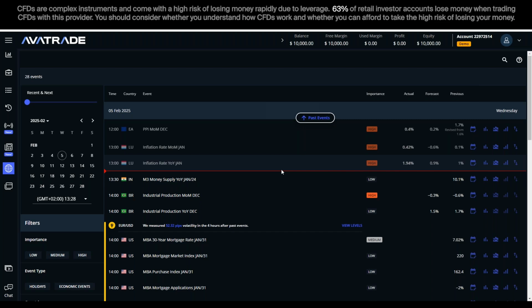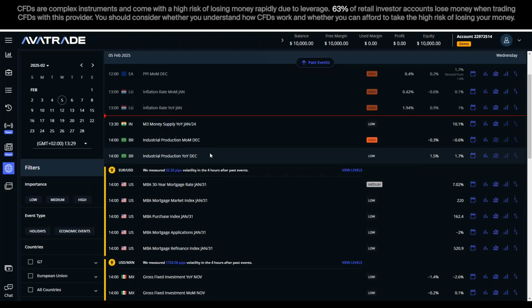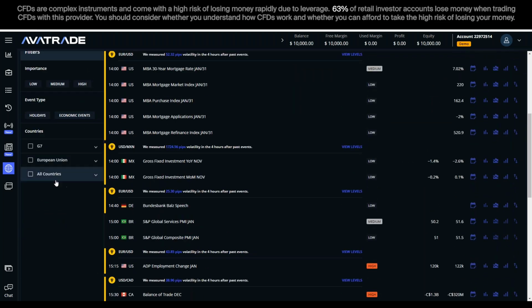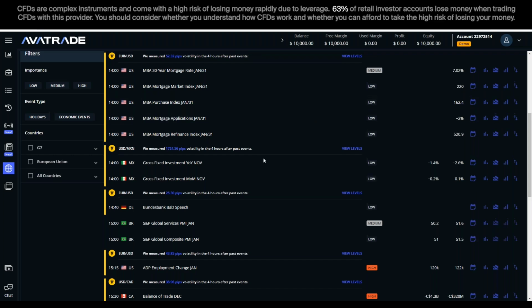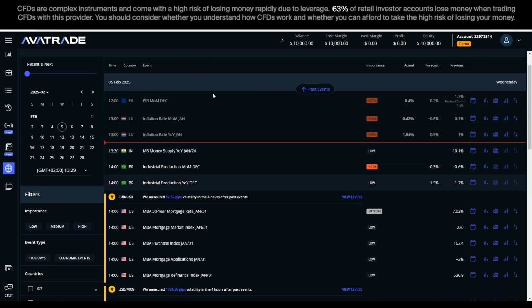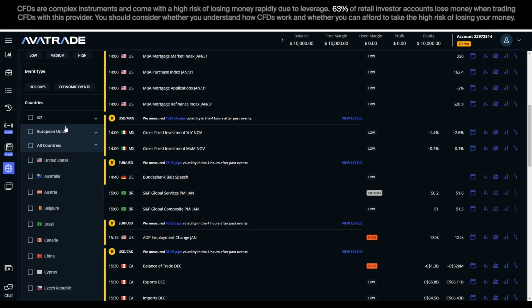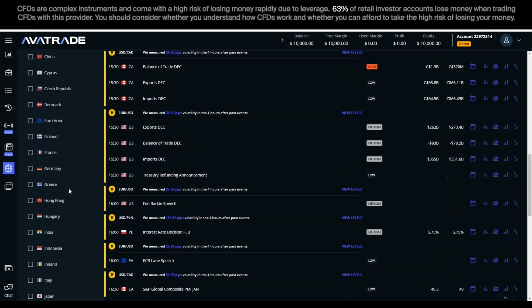So as you can see, there is a red line here that separates past events that already have the result from events that are yet to happen and don't present a result yet. Okay. And in here we have different ways to filter the presented events, and that's by the flags. If I click here on the arrow, it will drop down a long list, and from this long list, I can just choose